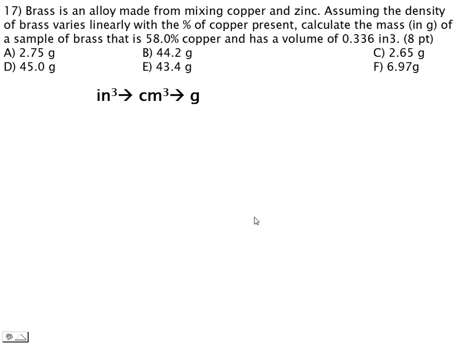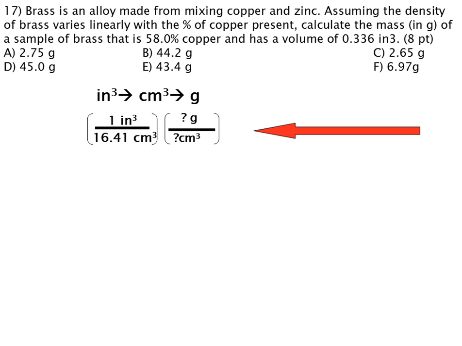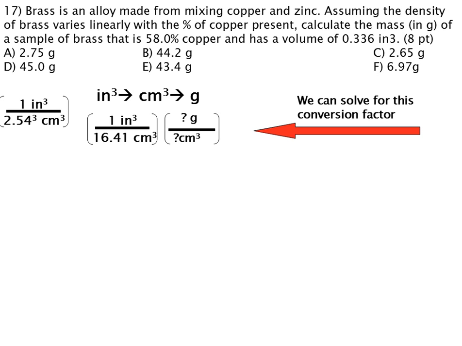Now that we have our flowchart, let's write in our conversion factors. These will be the conversion factors that we will be using in order to solve for the mass in grams of a sample of brass that is 58.0% copper and has a volume of 0.336 inches cubed. When going from inches cubed into centimeters cubed, we are using 1 inch cubed over 16.41 centimeters cubed. And we're going from centimeters cubed into grams. That is the conversion factor that we are solving for. And recall that 1 inch over 2.54 centimeters, that quantity cubed, is just equal to 1 inch cubed over 16.41